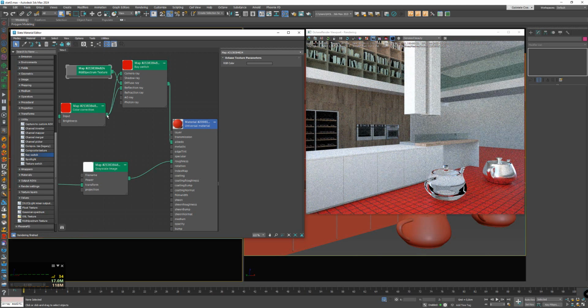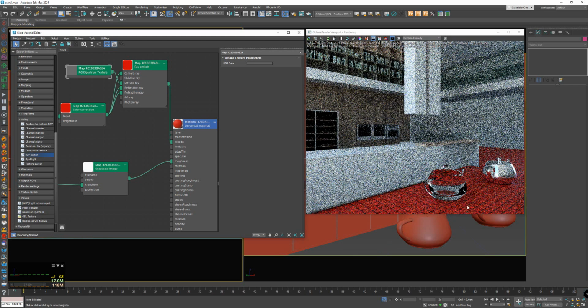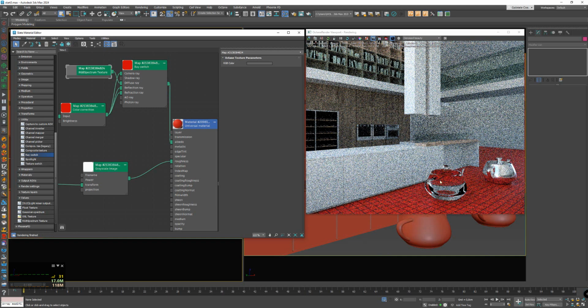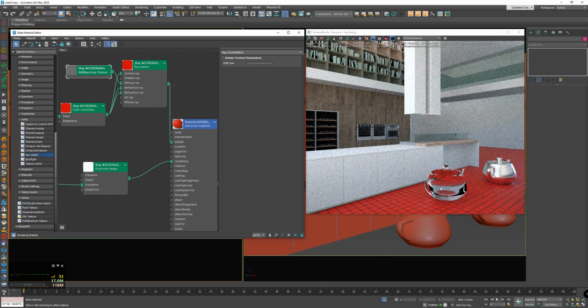Now let's connect the texture of the floor to the pin of the refraction ray as well. Here the glass teapot also shows us the red floor in transparency. As we have seen, the Rayswitch node is very useful in interior renderings, or in any case, in all those situations where a photorealistic rather than photographic result